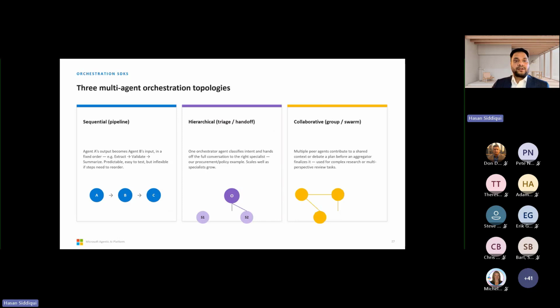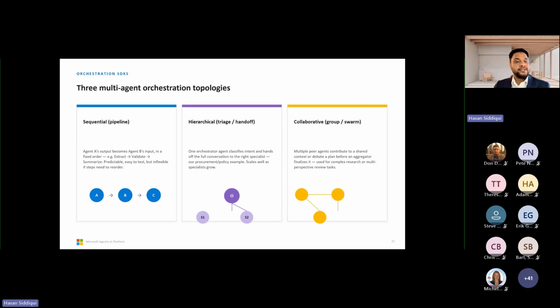Under the orchestration SDK, we have three multi-agent orchestration topologies: sequential pipeline, hierarchy, and collaborative. In sequential, agent A's output becomes agent B's input in a fixed order. For example, extract, then validate, then summarize.